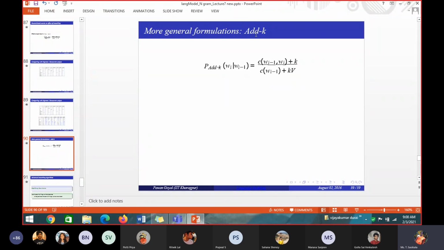So that gives for the existing data: if it is add 2 estimation, a value seen once is counted 3 times, like that. So please make a note of this generalized formula for add k estimation, where the k value is based on the k value given in the problem. If it is add 1 estimation, k value is 1. If it's add 2 estimation, k value becomes 2, and you have to substitute 2. If it's add 3, k value is 3. Before going to Good Turing smoothing, we'll finish off this add k smoothing problem.